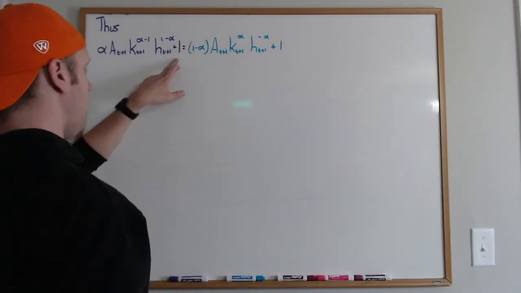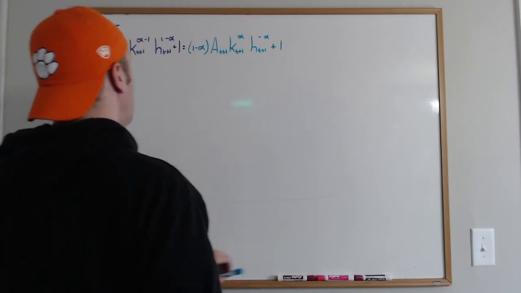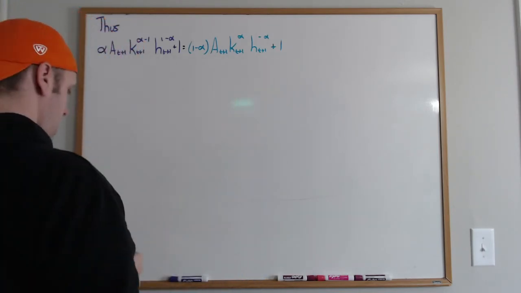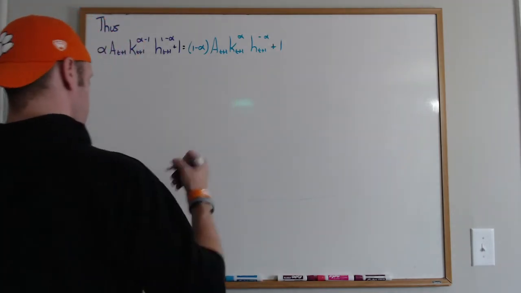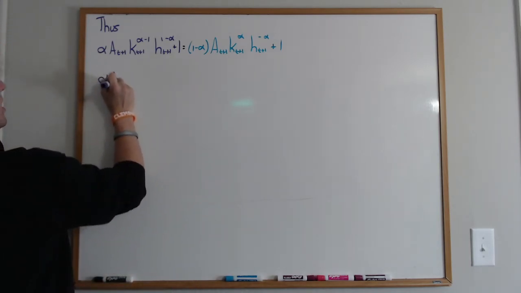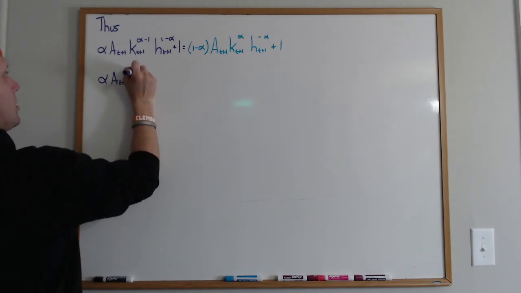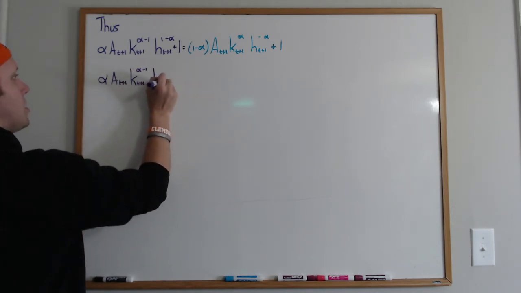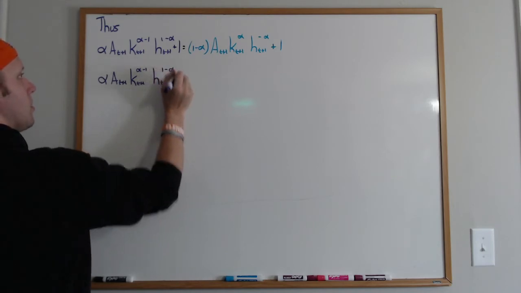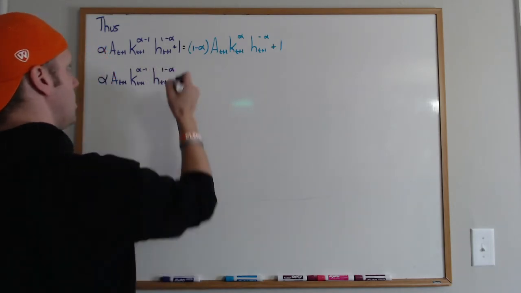If you add 12 to this, you're going to add 12 to this, and well, it's still equal. So getting rid of that, I just get alpha times AT plus 1, KT plus 1 to the alpha minus 1 times HT plus 1 to the 1 minus alpha, which is equal to